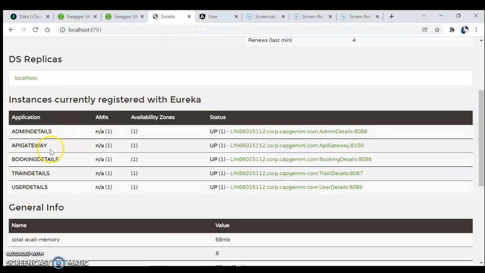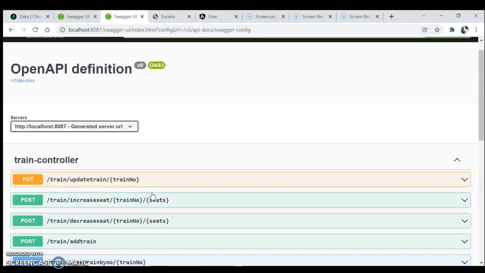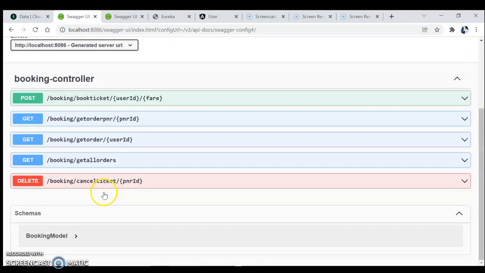Here all the microservices run in the Eureka server, and I have implemented Swagger also for train details and booking details. These are the main features I have implemented in my case study. Also for the UI, I have used Angular Material and PrimeNG as well as Bootstrap for design. In the next version of my application, I will come with some extra features like messaging services, more payment options, perfect tracking of trains, and a perfect schedule.